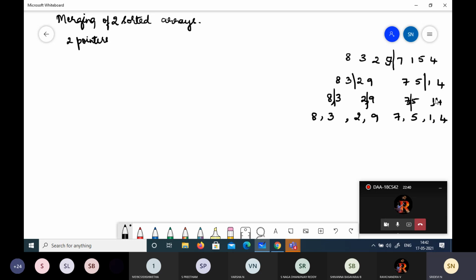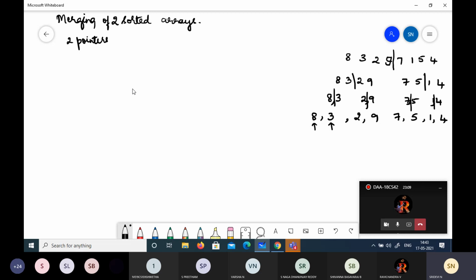We have divided. So how long do we divide? Until we get a single element. Then we consider these as two arrays and we keep two pointers here. We'll keep two pointers and compare. We take this as I and this as J, and then we compare which is lesser here. So let us write that down now.